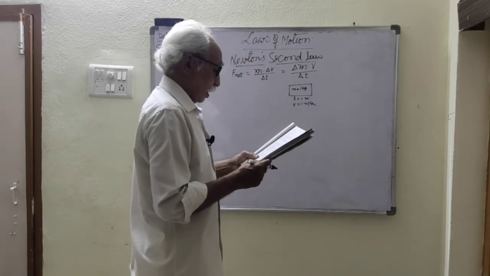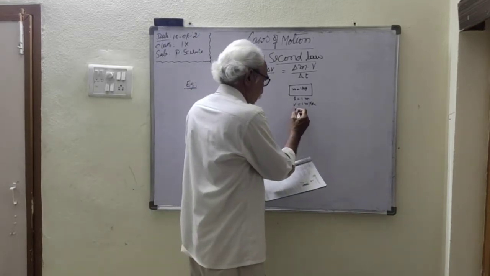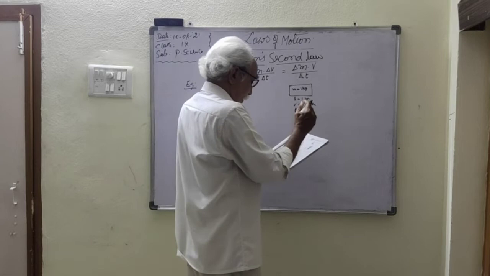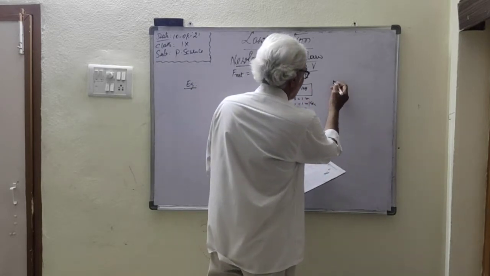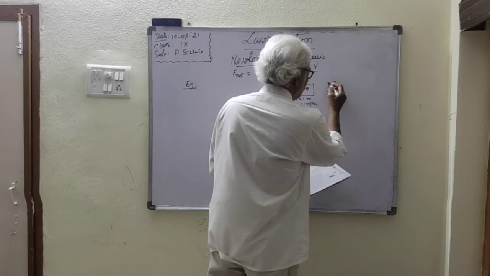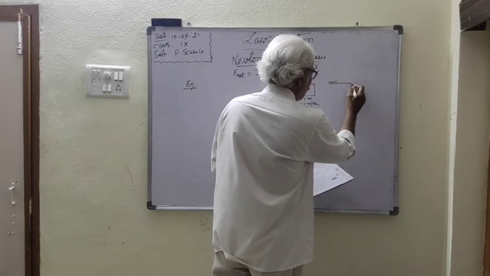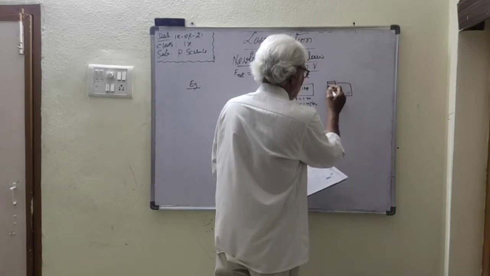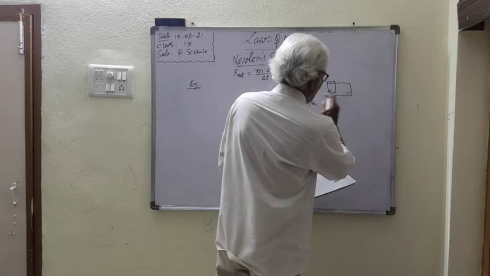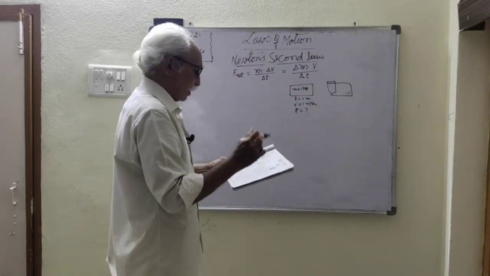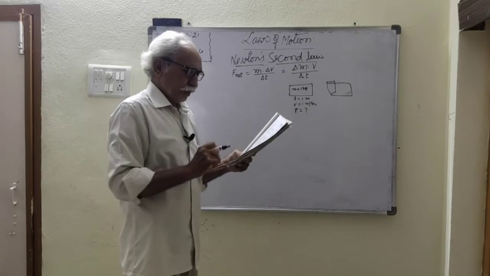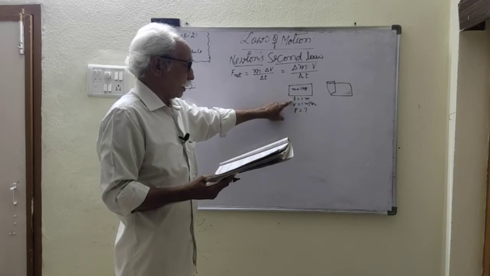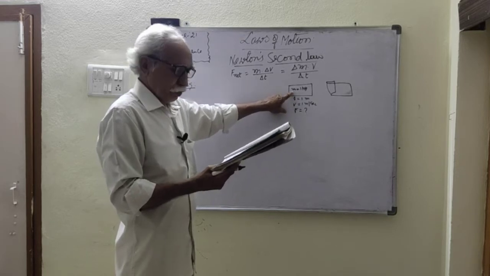We have to find out how much force is acting on it. When we take this mat, we fold it like this. When you fold the mat like this, how much distance is the mat moving? So in this figure the velocity is 1 meter per second, the length of the mat is 1 meter, and the mass of the mat is 1 kg.